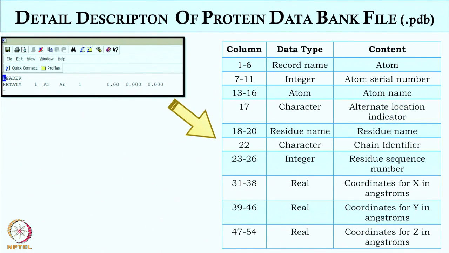So residue is more like solute and solvent. For the solvent there has to be only one residue name, and for the solute there has to be one residue name. It cannot have a different residue name for each and every site. Then columns 23 to 26 are an integer, the residue sequence number. Since here it is only one monoatomic molecule, the sequence number is 1. Then columns 31 to 38 are real type data, the coordinate for the x-axis in angstrom. Similarly, columns 39 to 46 are the coordinates for the y-axis in angstrom, and 47 to 54 are the coordinates for the z-axis in angstrom.